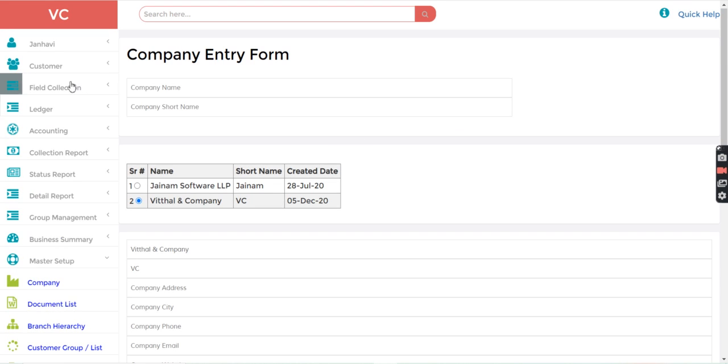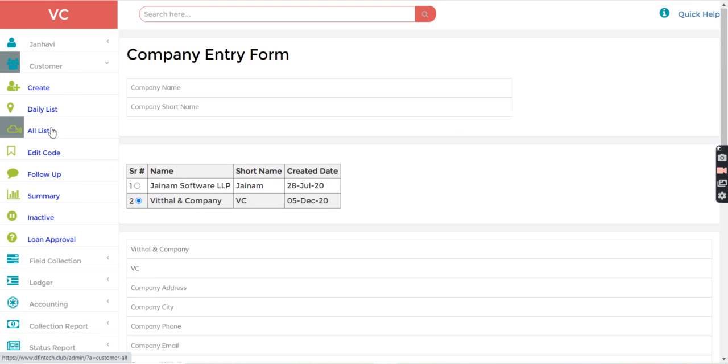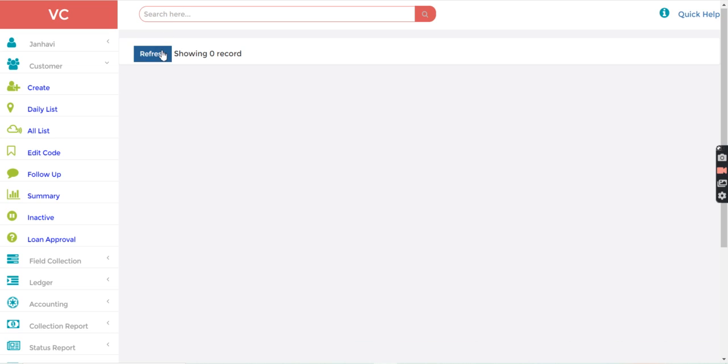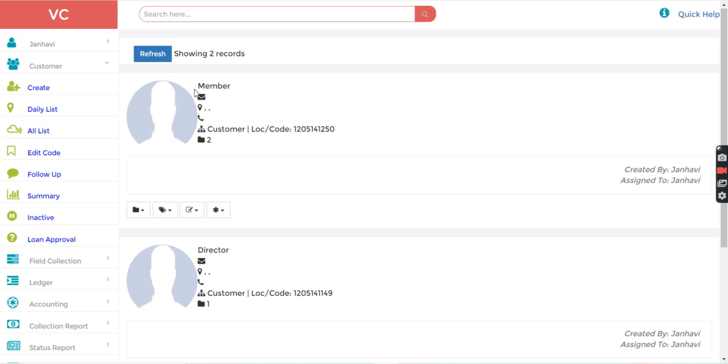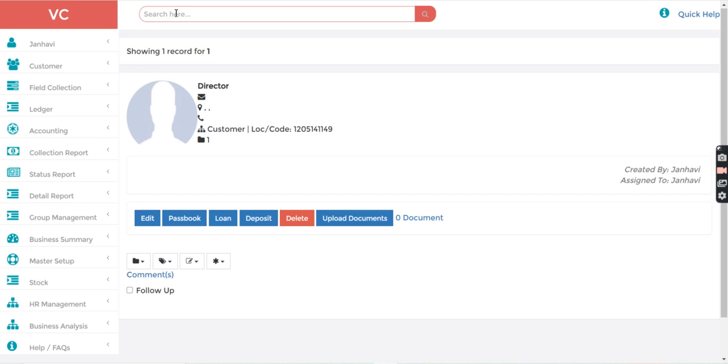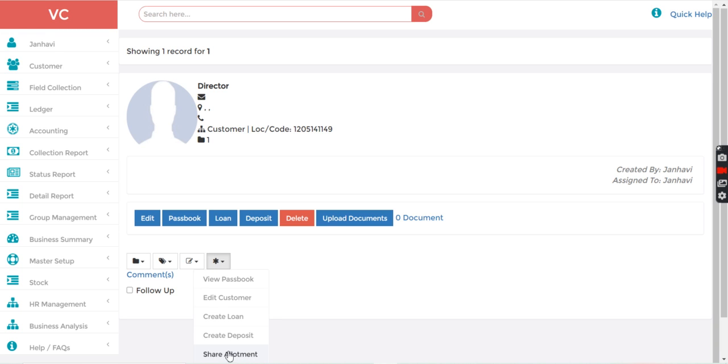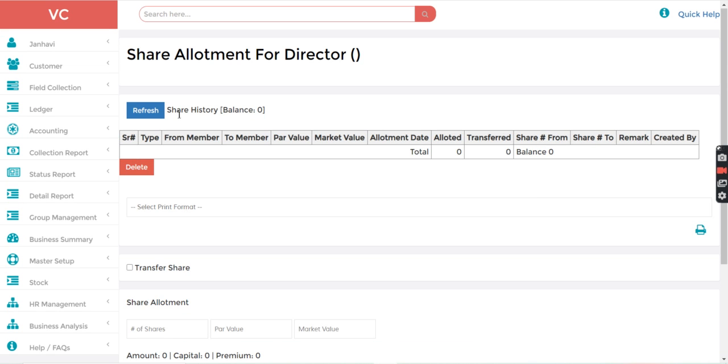Now let's go to the customer list. I will just refresh from here. You can see I have created one member and one is the director. Now let's search the director from the search bar, F-1. From the star icon I will go to the share allotment page, and if I refresh here there are